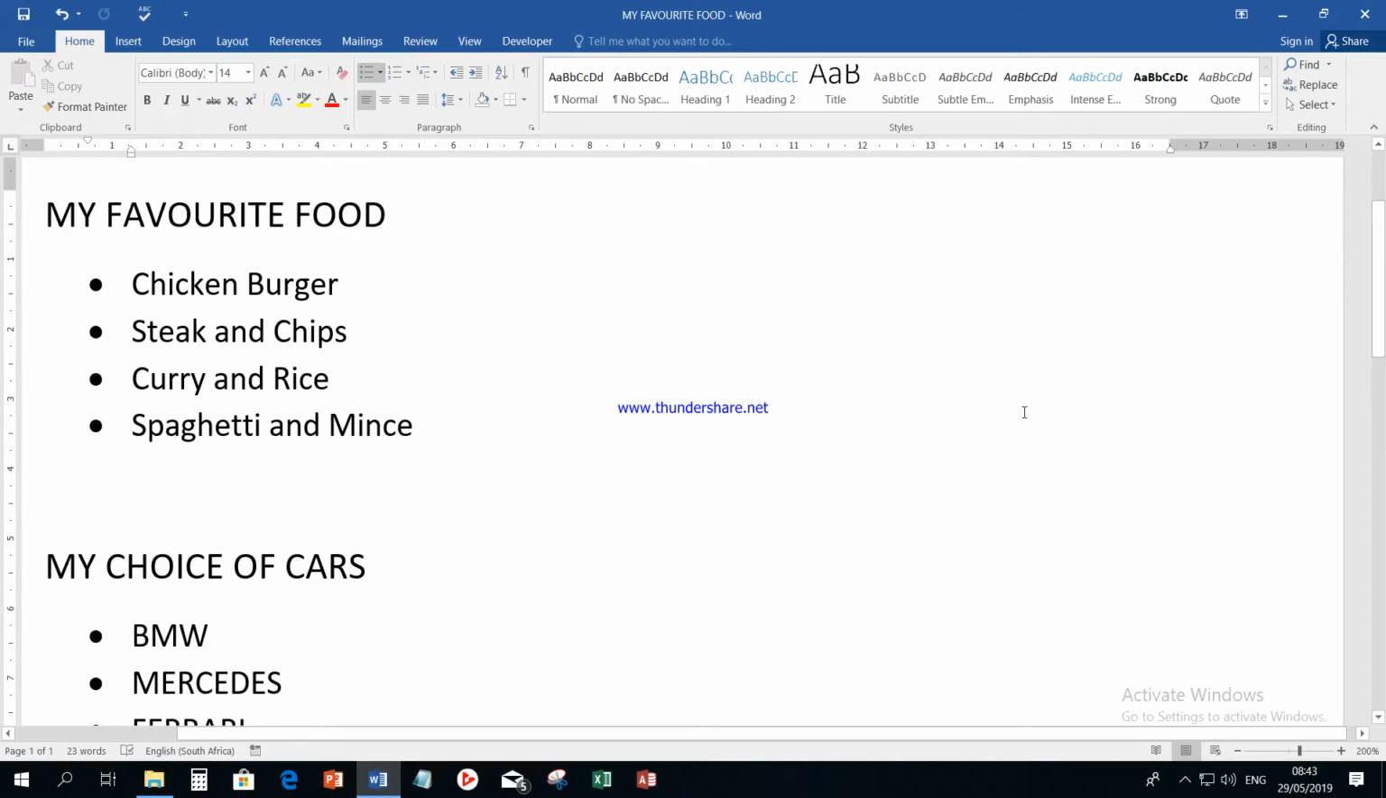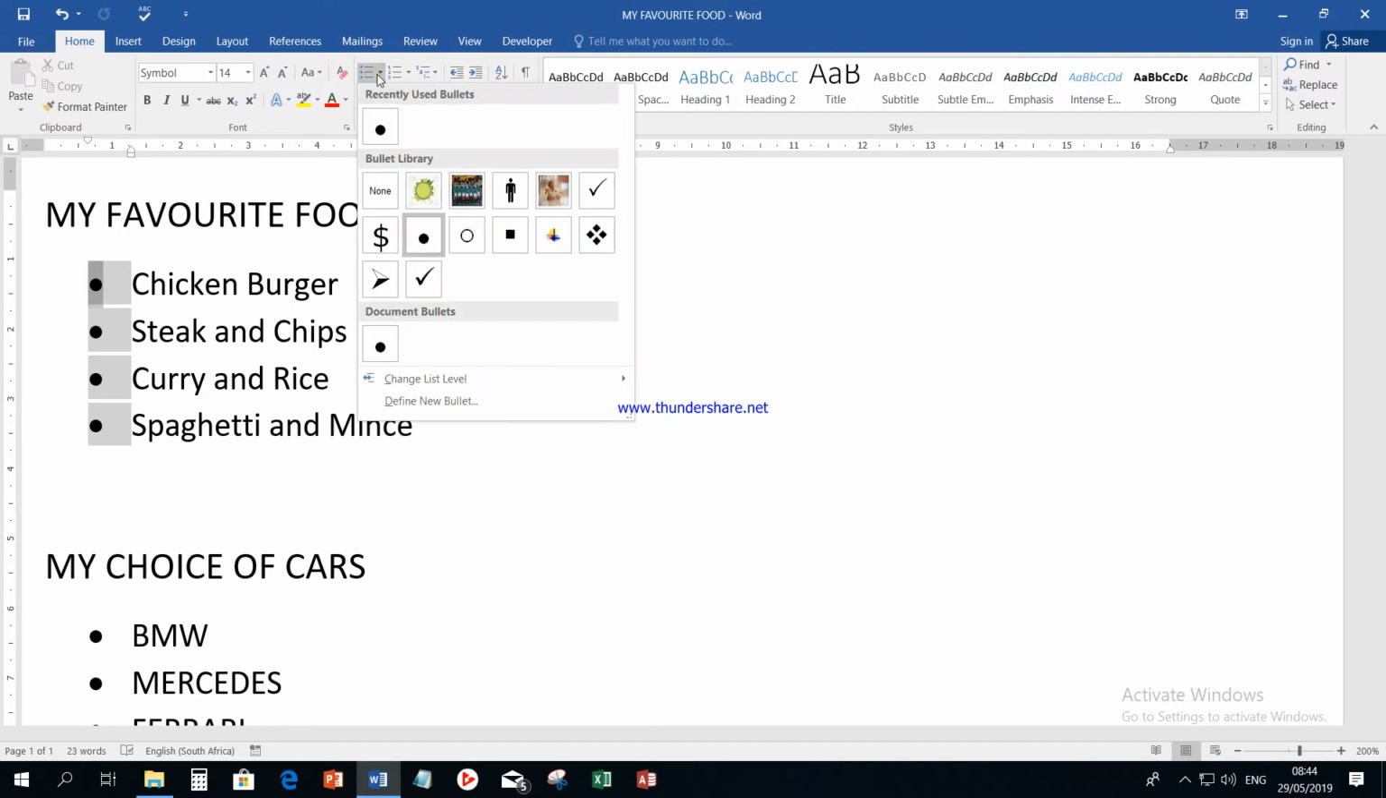Today my topic will be on bullets, and specifically the first example is how to change a specific bullet to a symbol. Now I made a list of my favorite food, and now I want to change this bullet to a specific symbol. The method is click on the bullets first, then you click on the bullet menu, choose define